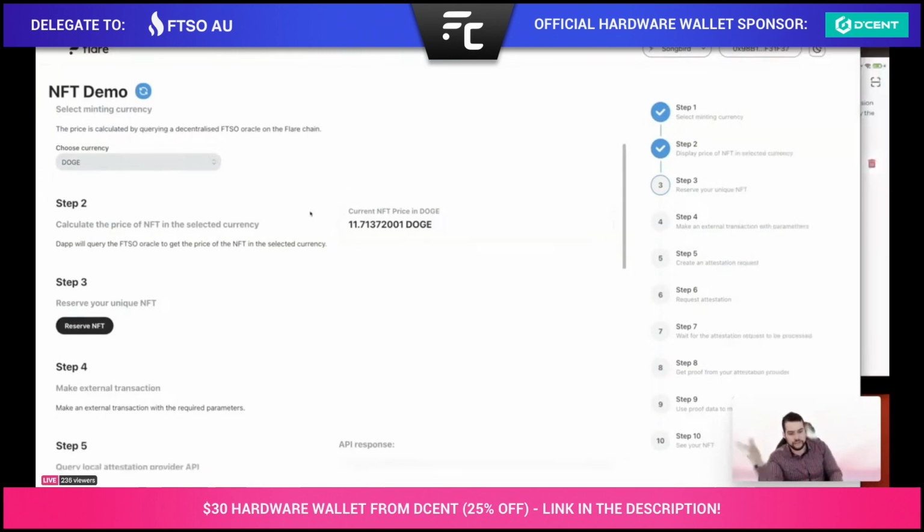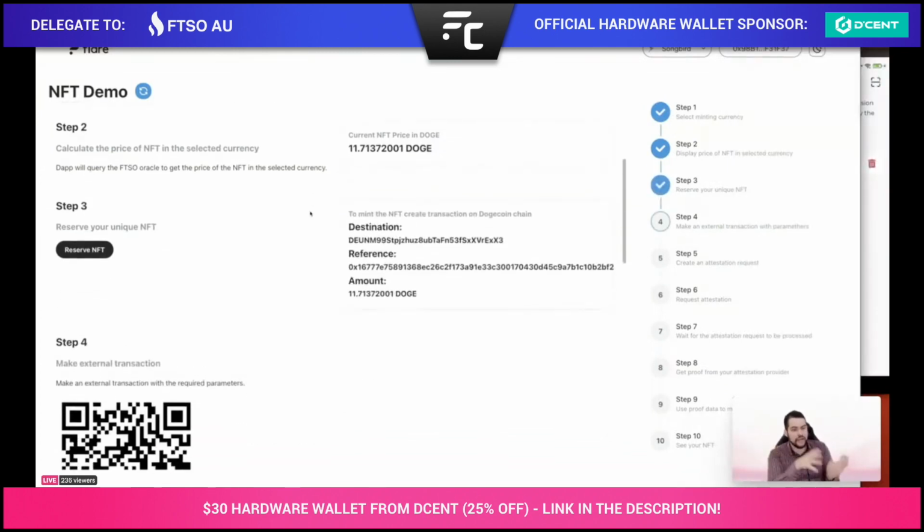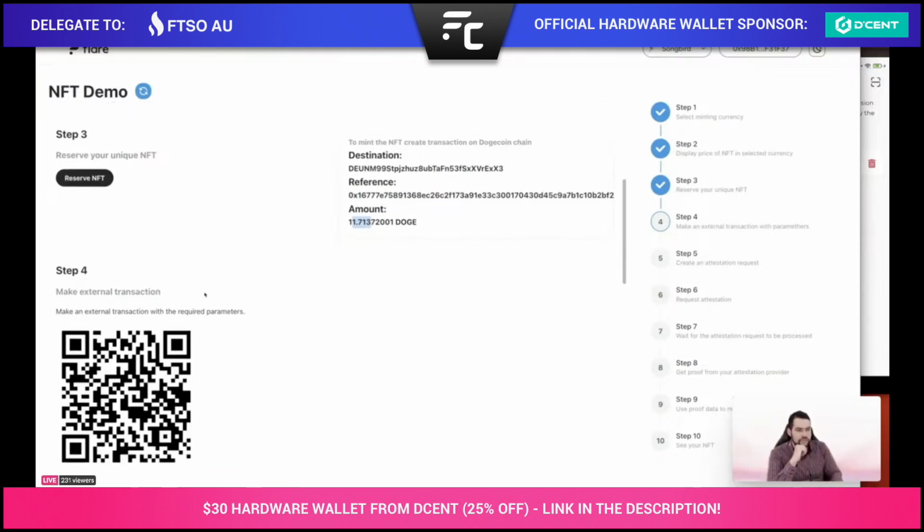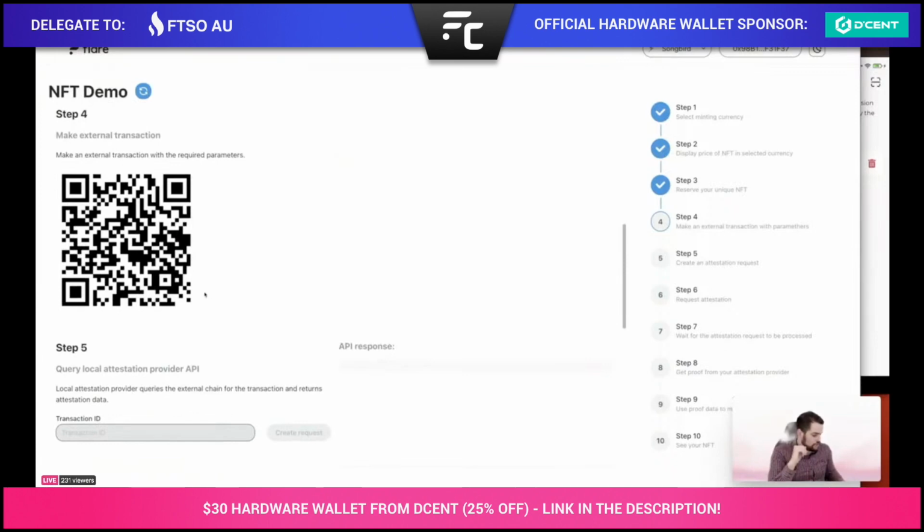and immediately after the transaction is signed, our NFT contract gives us back information about the payment we need to do. So the destination address we need to pay to, the reference we should include, and the amount that needs to be paid. Once again, the amount is calculated using the FTSO system. So the QR code is generated here, and we use any compatible wallet that can be used to make this payment. So we scan it,